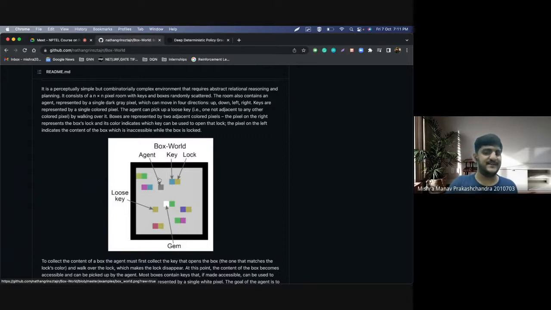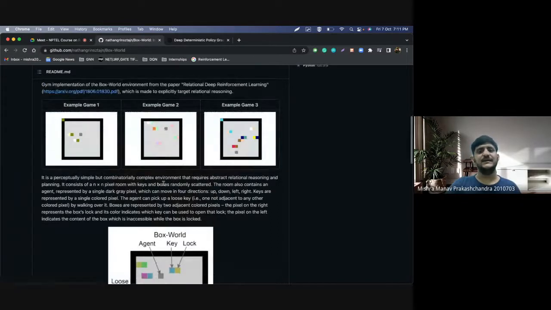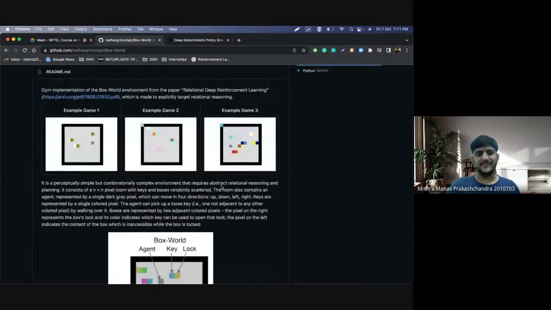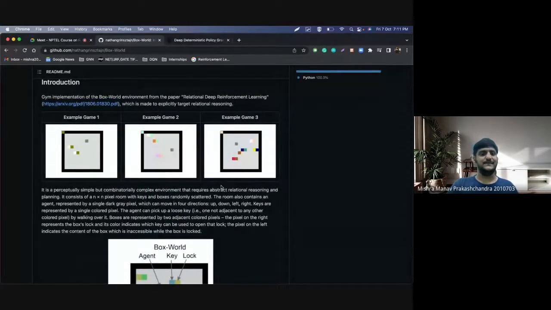But it can also happen that the agent opens a wrongly colored box. If the agent opens this part and it ends up with this, it's a potential dead end, right? Similarly, if it opens this box and gets this key, it's also a potential dead end. So the agent needs to maneuver and plan accordingly to achieve this. This is one place where typical RL algorithms like Q-learning or DQN would fail drastically, because this involves some inherent level of planning as well, right?